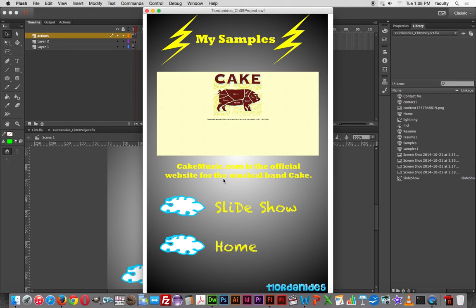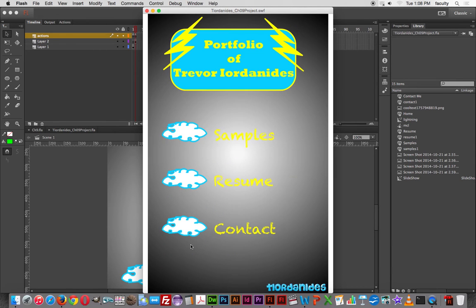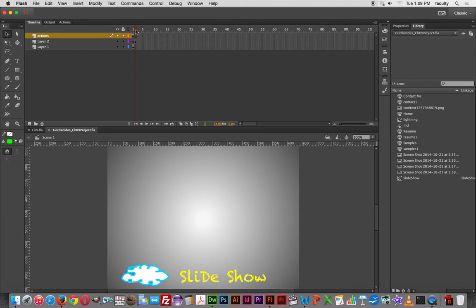And then the idea is when I click on back to home page, you go back to the home page, it unloads it. You would think that the way it's set up that you would have it going to different frames for it to load, but that's not the way it's set up. If you look at the main timeline here,